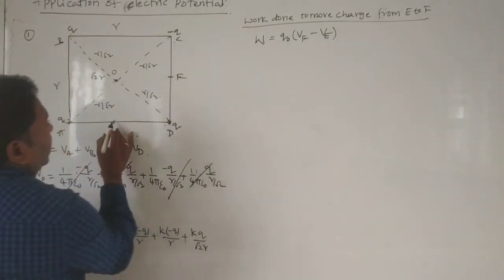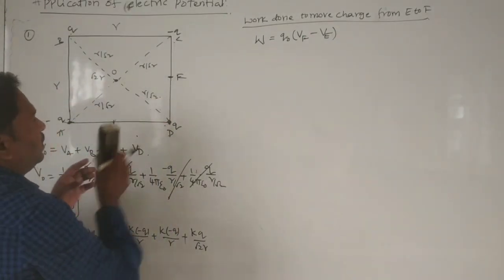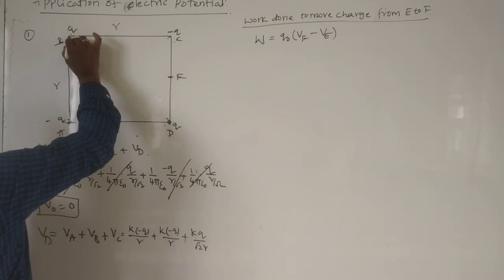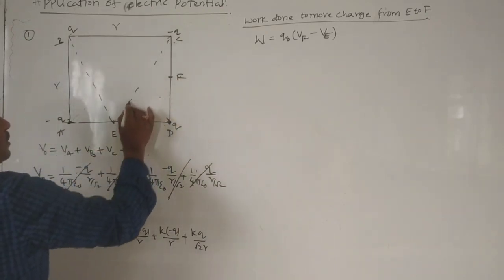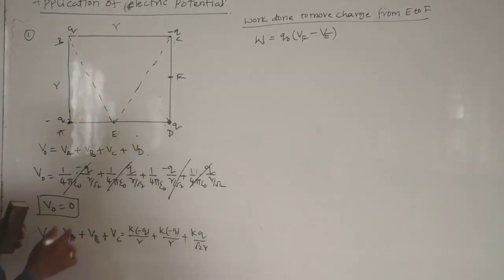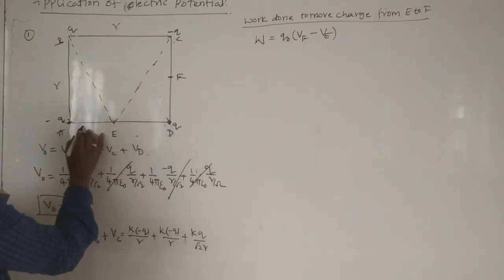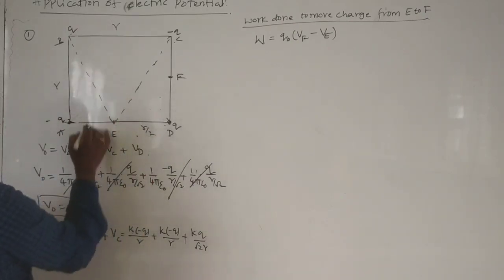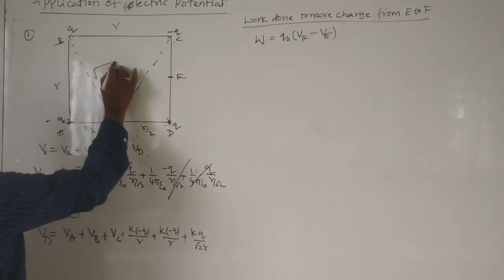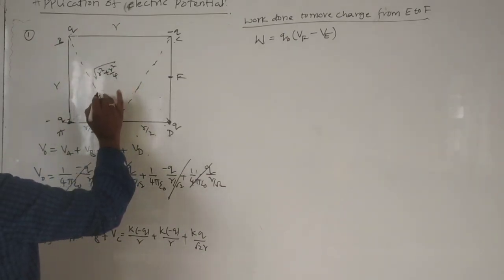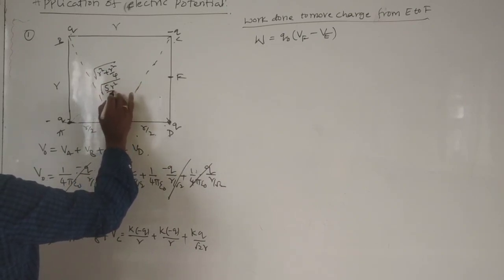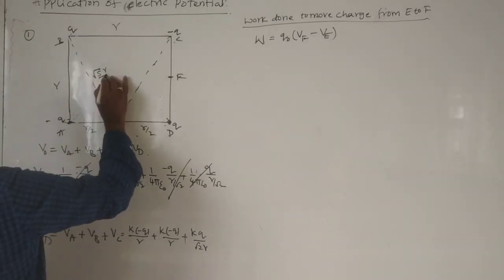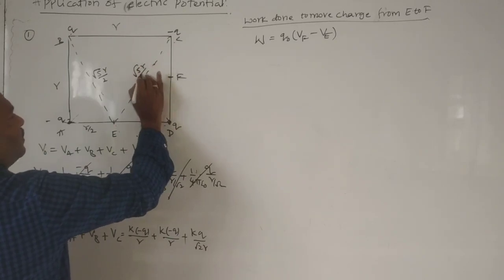Now what is the potential at E and what is the potential at F? So this is the distance we have to find. This distance also we have to find. First, in order to find the potential at E, this is R by 2, and this is also R by 2. We can write the hypotenuse as root over R square plus R square by 4. So this is 5R square by 4. So now we can write it is root 5R by 2. This is also root 5R by 2.